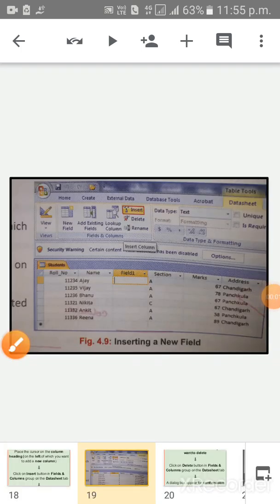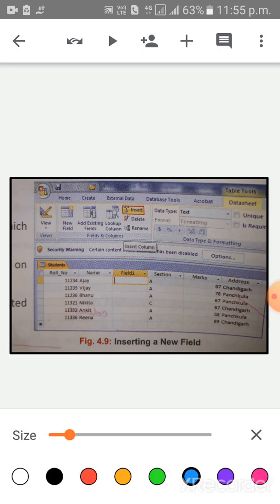Now children, look at the screen. Inserting a new field. Children, how to insert a new field? First of all, children, select the field.